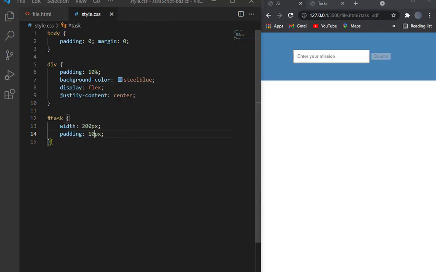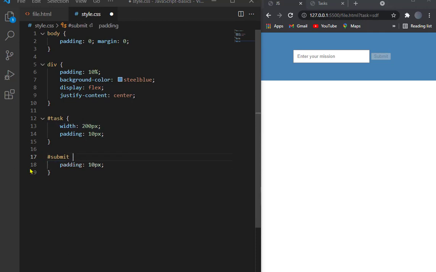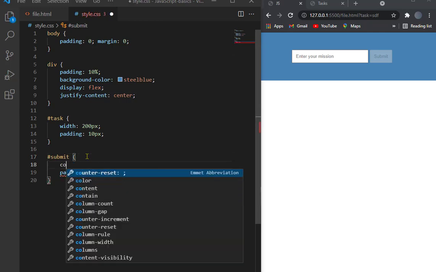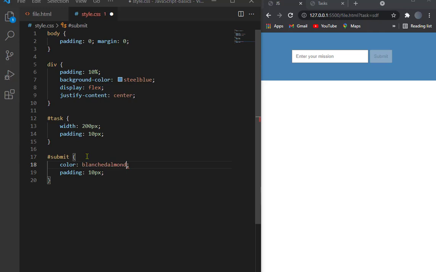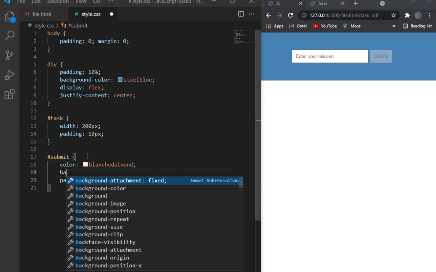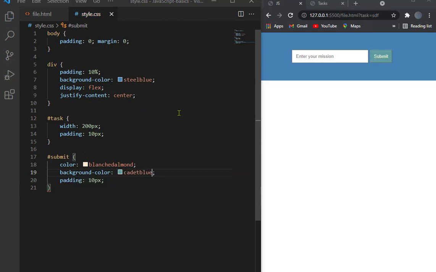Better. The same thing, we're going to the button, do the same thing with the button, or submit, the width, make it still. All right, like this, and make the color of the submit black, or make it white, and background color, make it this color, for instance. And that's it. And the cursor, pointer,